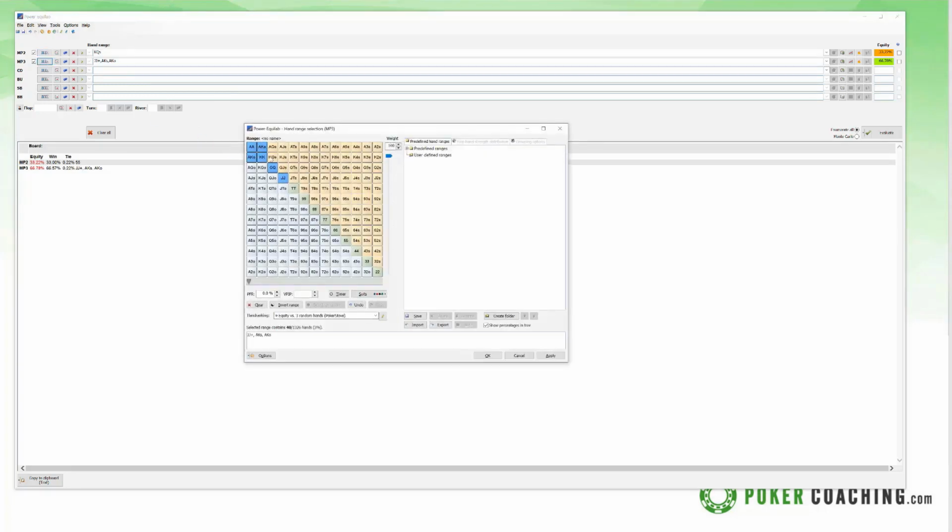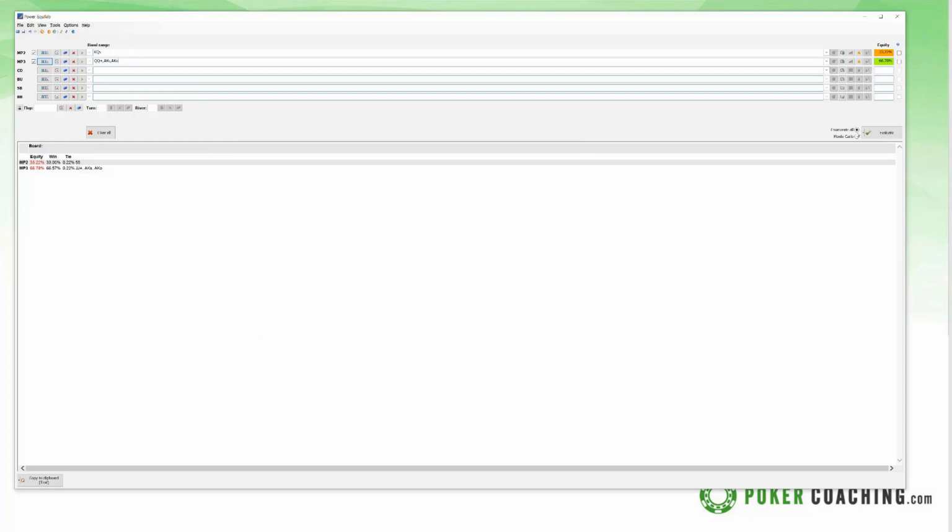Let's say I take out pocket jacks just to exemplify the point here. King Queen suited has 25% equity against a range of queens plus an ace king. Against a player that's only 3-betting the really, really strong hands, 3% of their hands, King Queen suited is not performing very well, but a hand like 7-6 suited is probably going to have more equity. Yeah, you have 31% with 7-6 suited and 25% with King Queen suited.